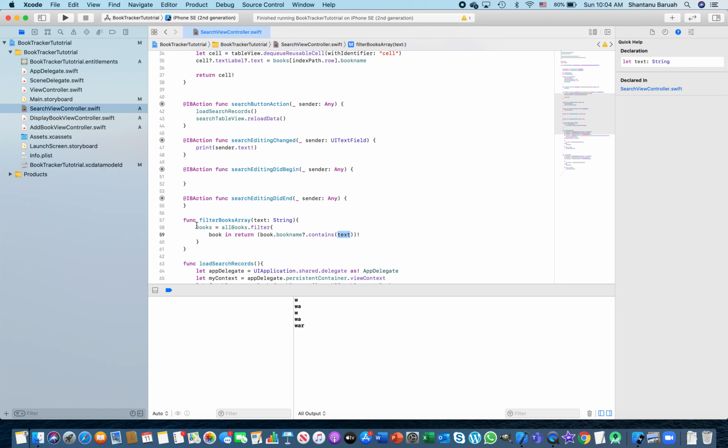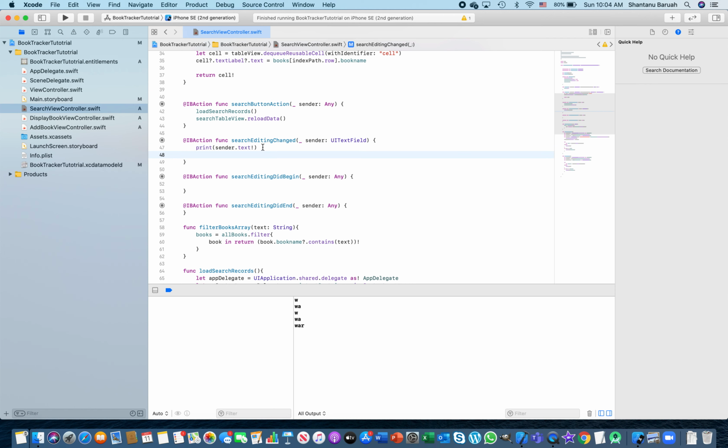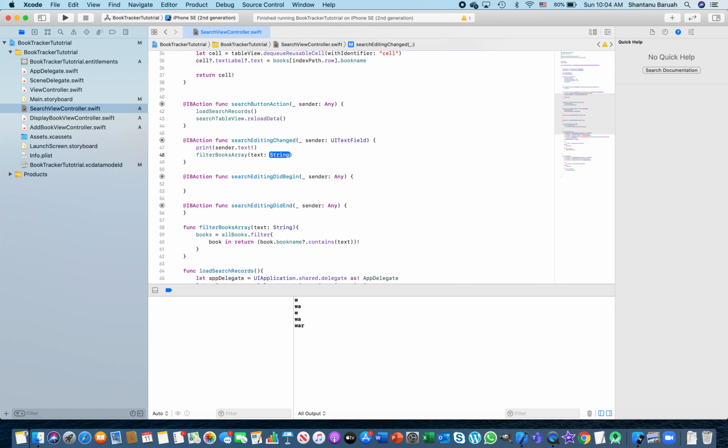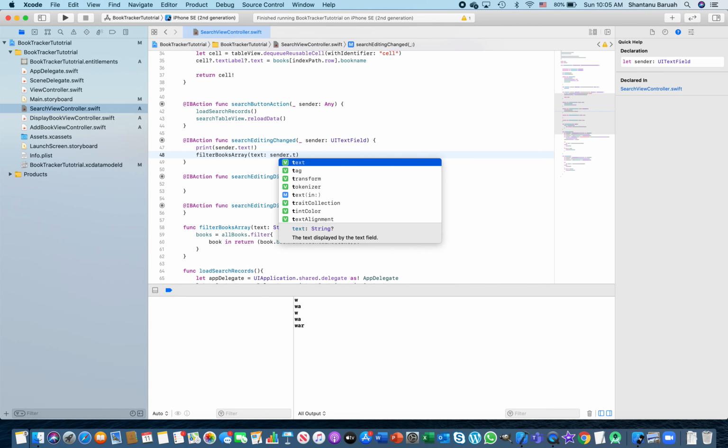So I want to call this filter books array from here. Instead of printing, or maybe I can print as well, I'll say every time you're searching, call the filter books array and pass on the sender dot text,